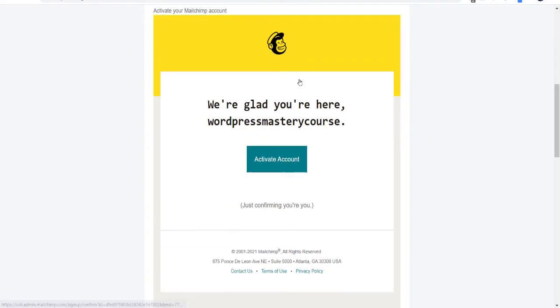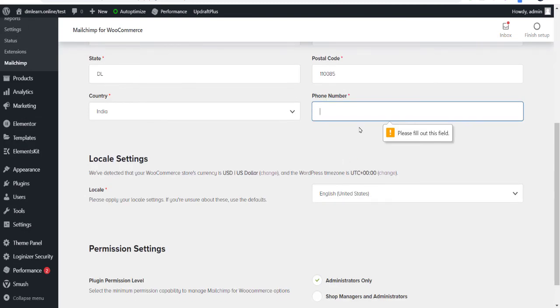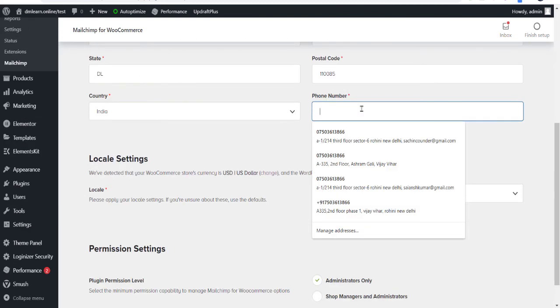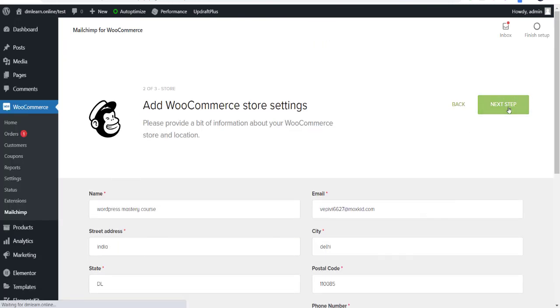You can use that email ID. Next step. And next step.